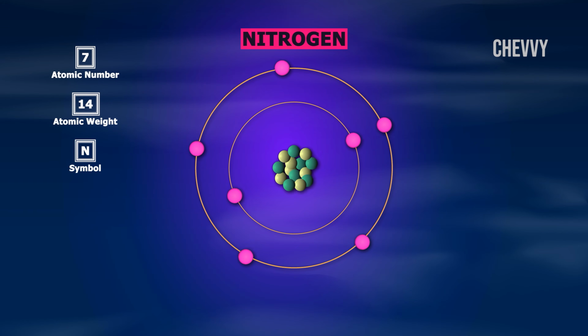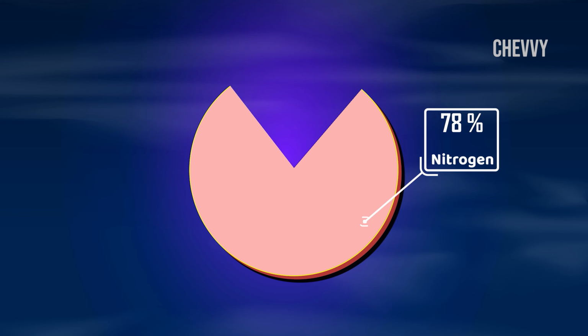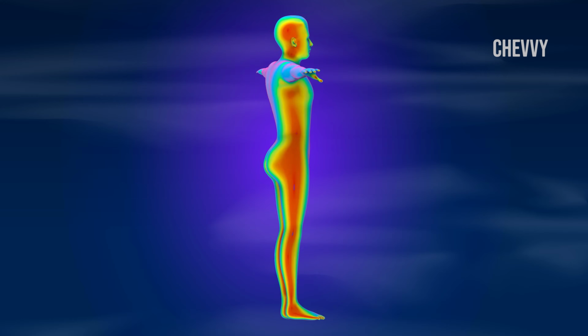Nitrogen is an element that is colorless and odorless. Nitrogen may be found in the earth beneath our feet, the water we drink, and the air we breathe. In reality, nitrogen is the most common element in the Earth's atmosphere, accounting for 78% of the total. All living things, including humans, require nitrogen.